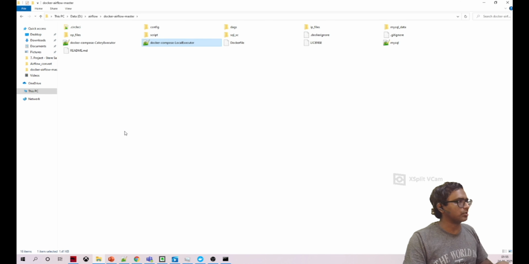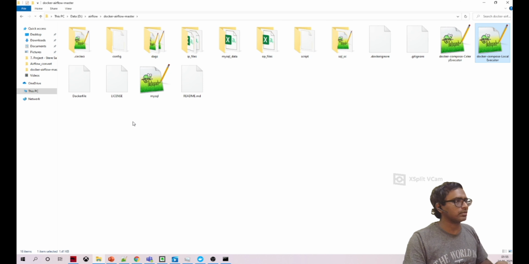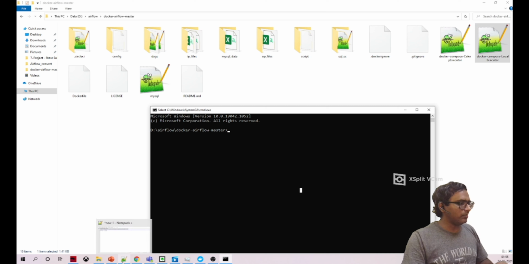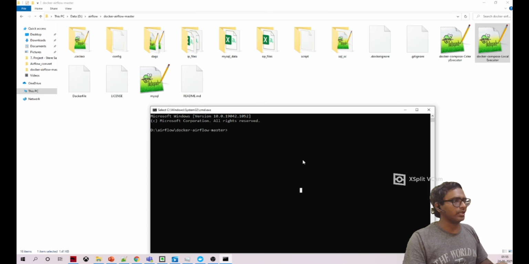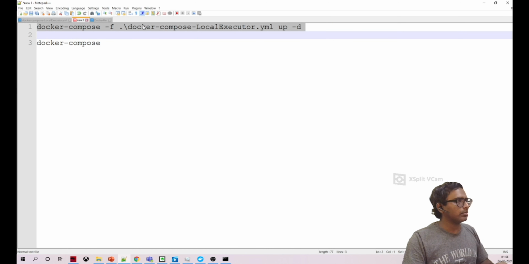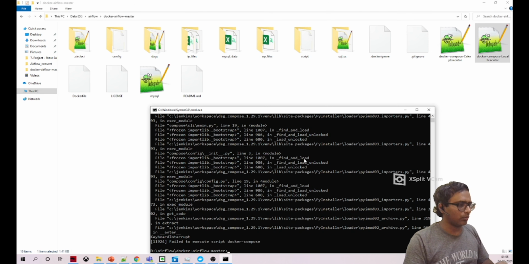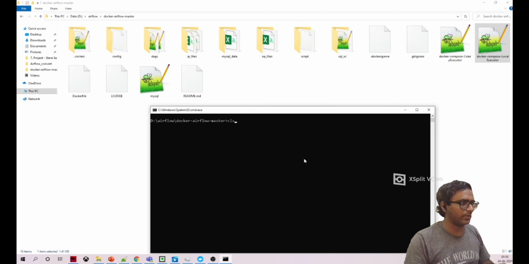Yes, this particular file is present. Once you open the command prompt in that location, this is the command we need to run. Let me copy this, and I don't want to run it now. I just want to explain this command.